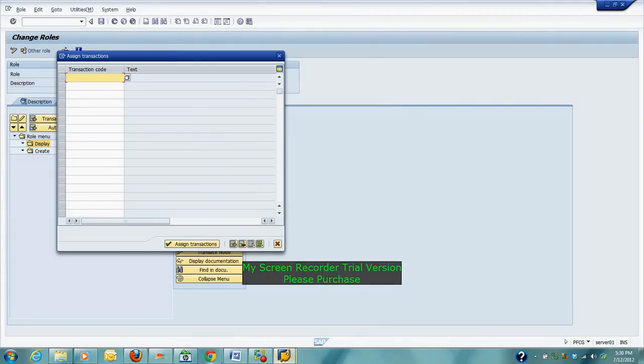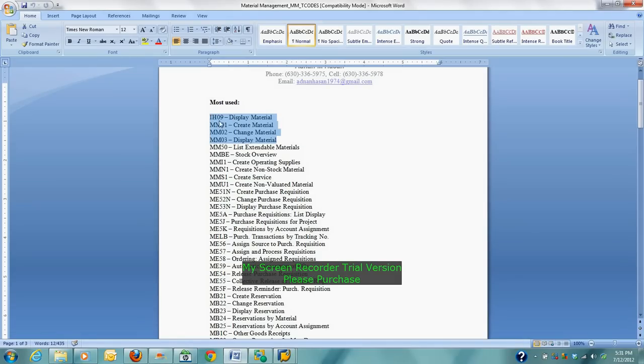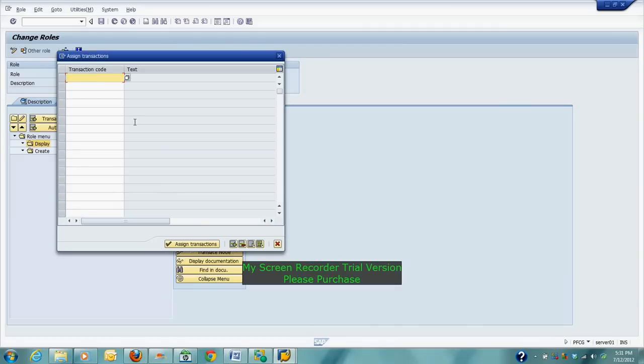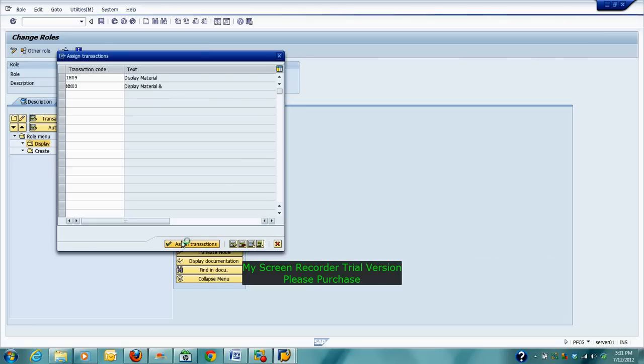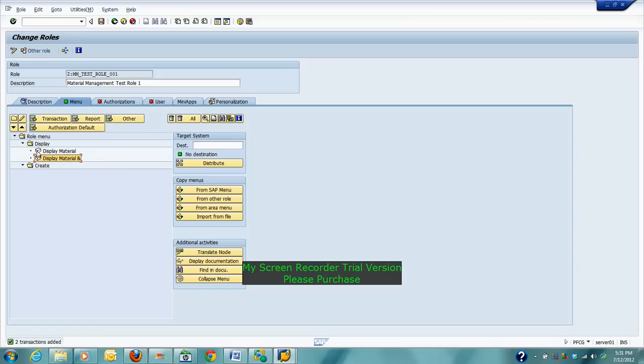We will pick the display transactions IH09 and MM03. Once you hit enter, everything has been picked, and then you assign the transactions. So these are the two transactions which have been assigned in this role, okay.